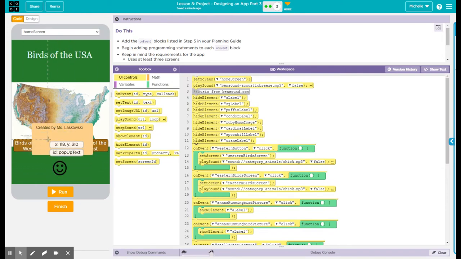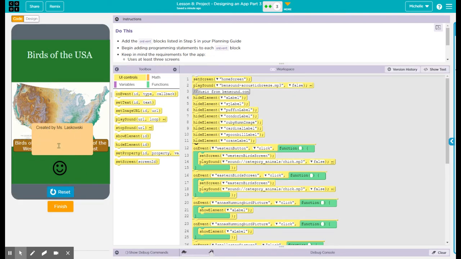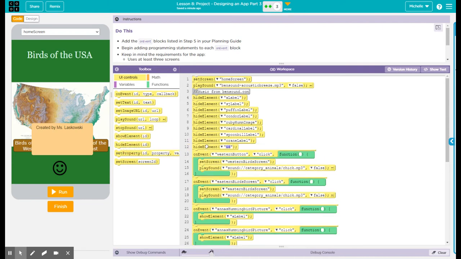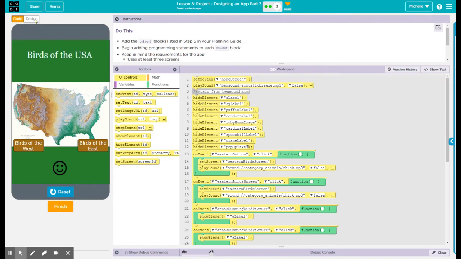If I run my app, this starts off showing, but I only want it to show once I hover my mouse over the smiley. So I'm going to start off by hiding my text box element. My text box ID is pop-up text. I know that because if I put my cursor over it, it tells me that I named it pop-up text. This is going to be very common. You see that I have all these other hide elements,